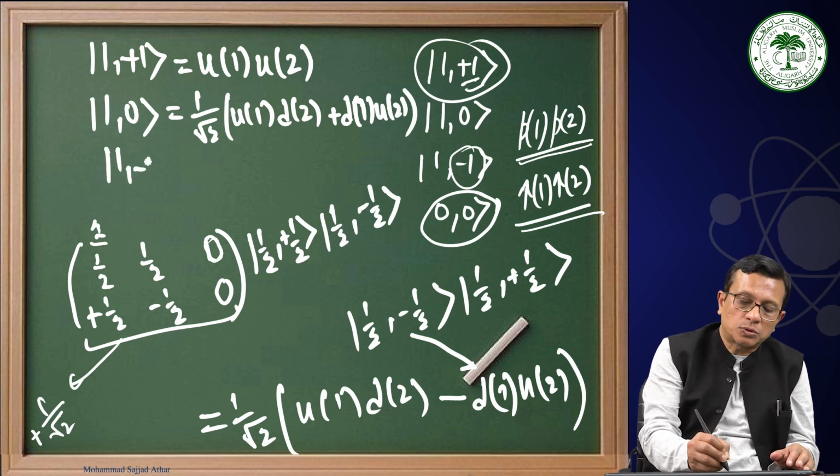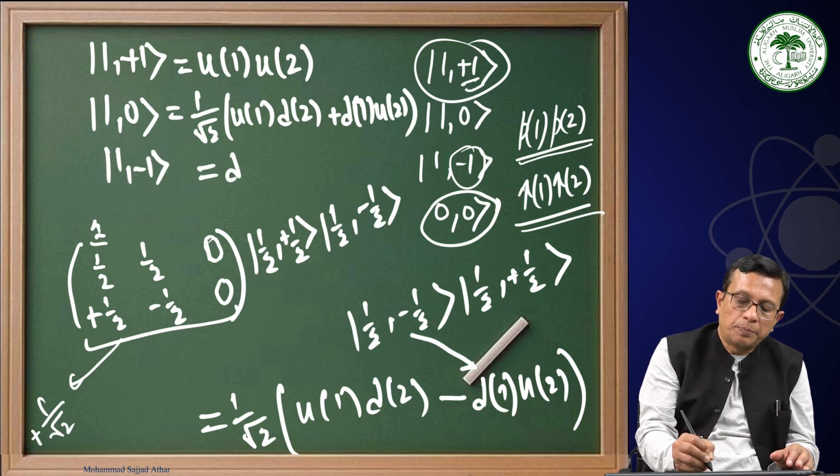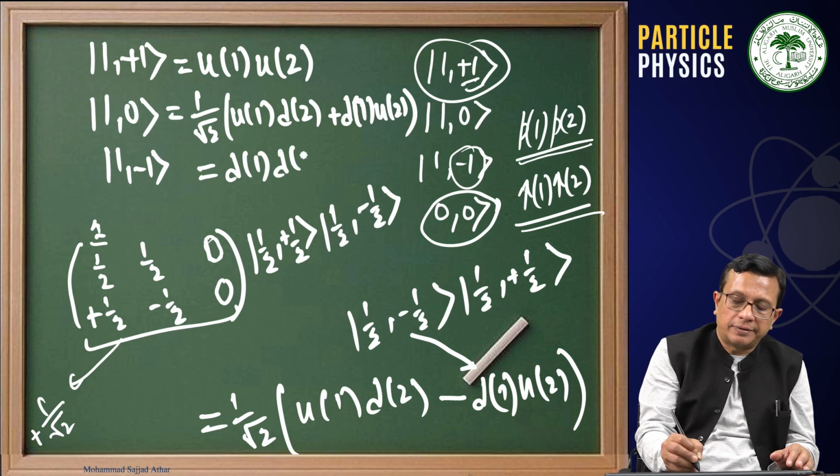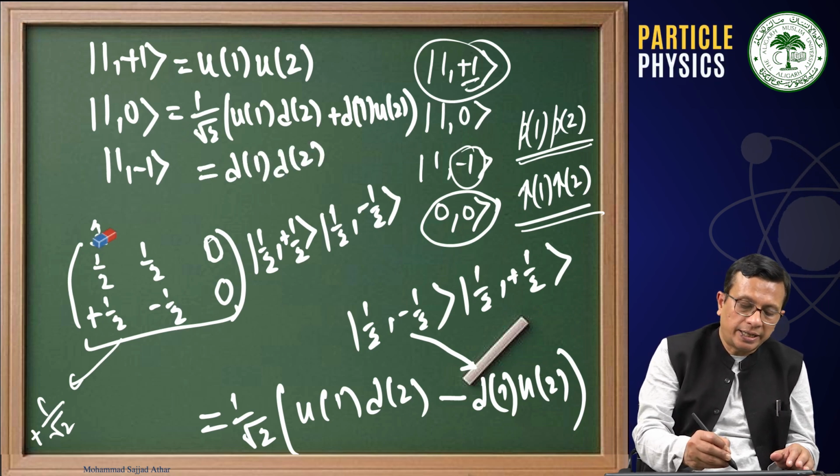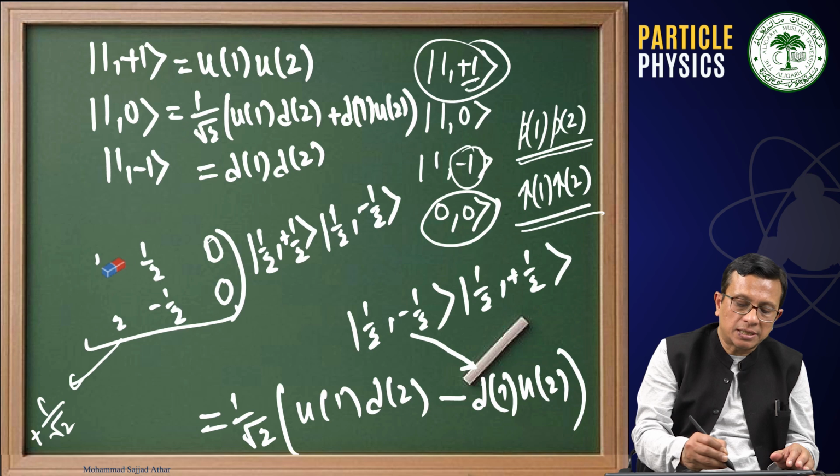For 1 minus 1, in both these states you have D quark, and then for the fourth case 0 0,